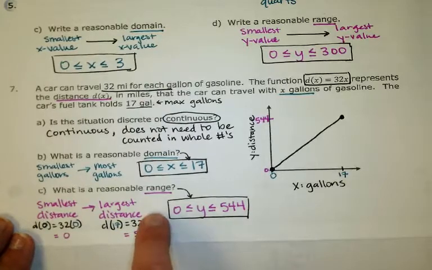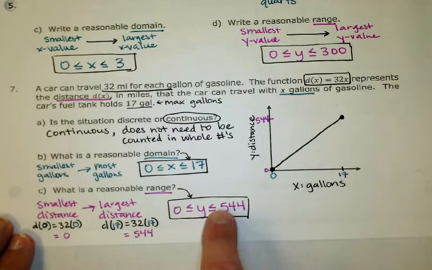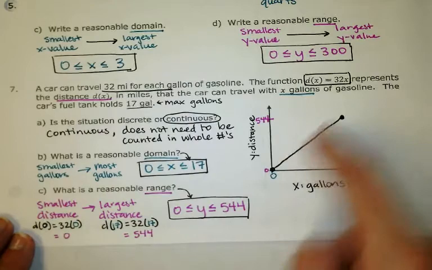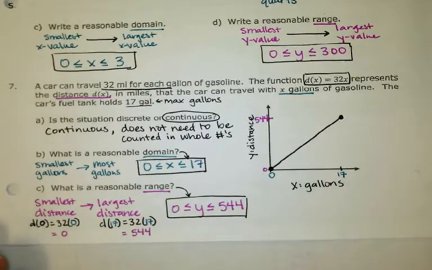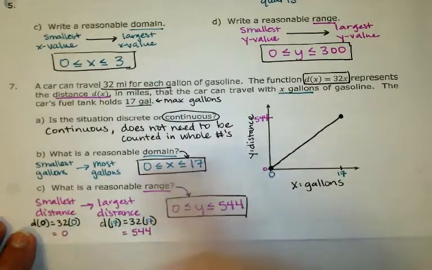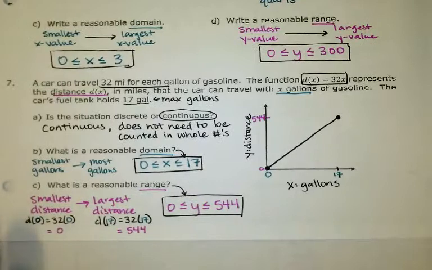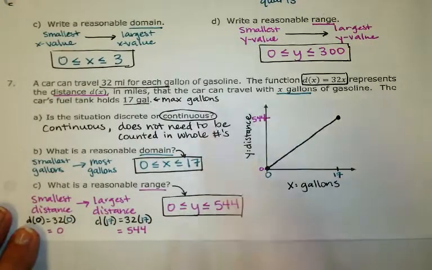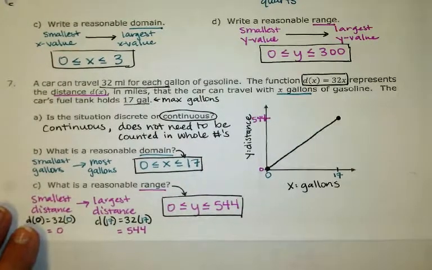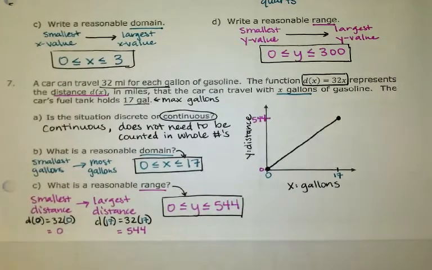So I used my domain and my range to build my graph. Could I put other points in there? Sure. But do I need other points? You just need 2 points to make a line. Alright? How do you guys feel about this reasonable domain and range? Does that feel a little bit better now than last time? Okay, excellent. So what I want to